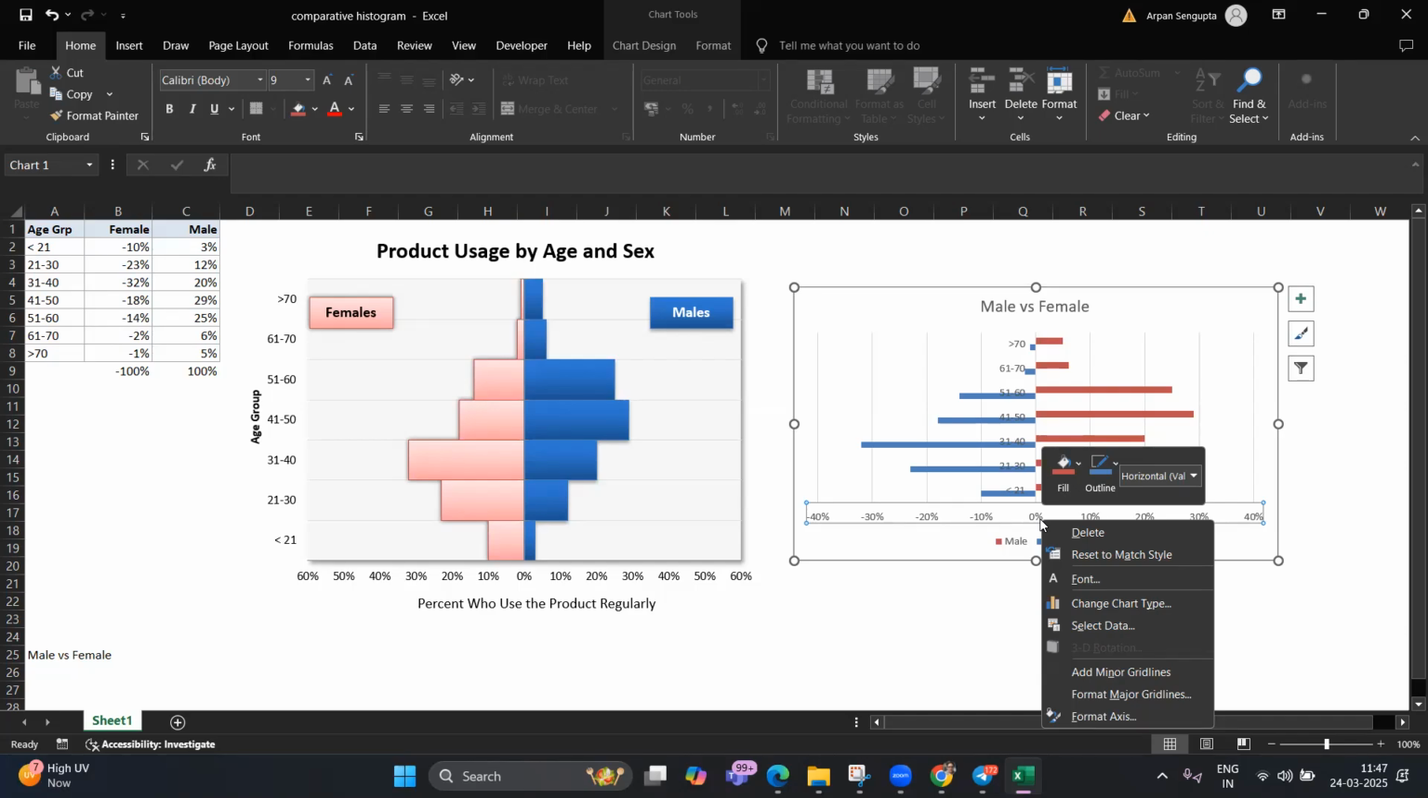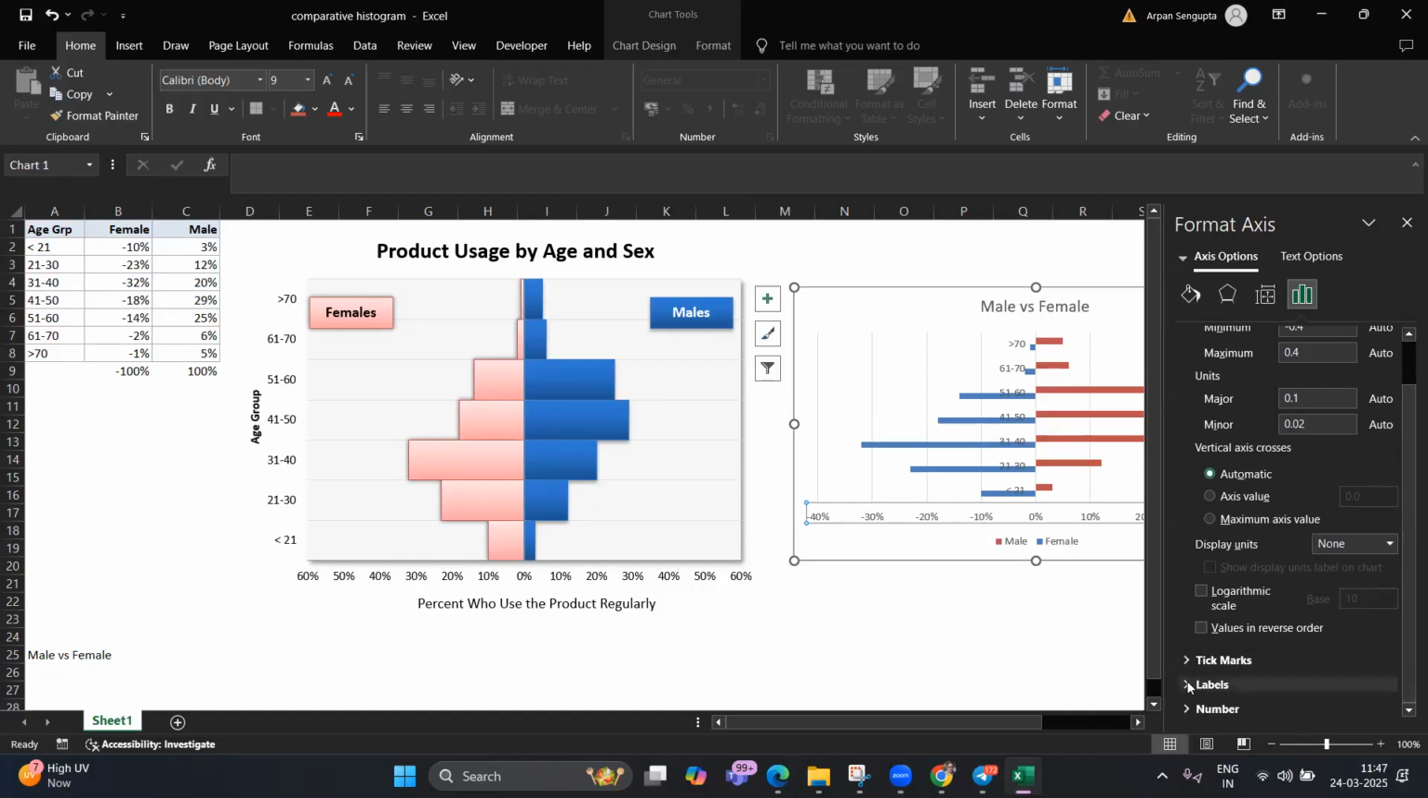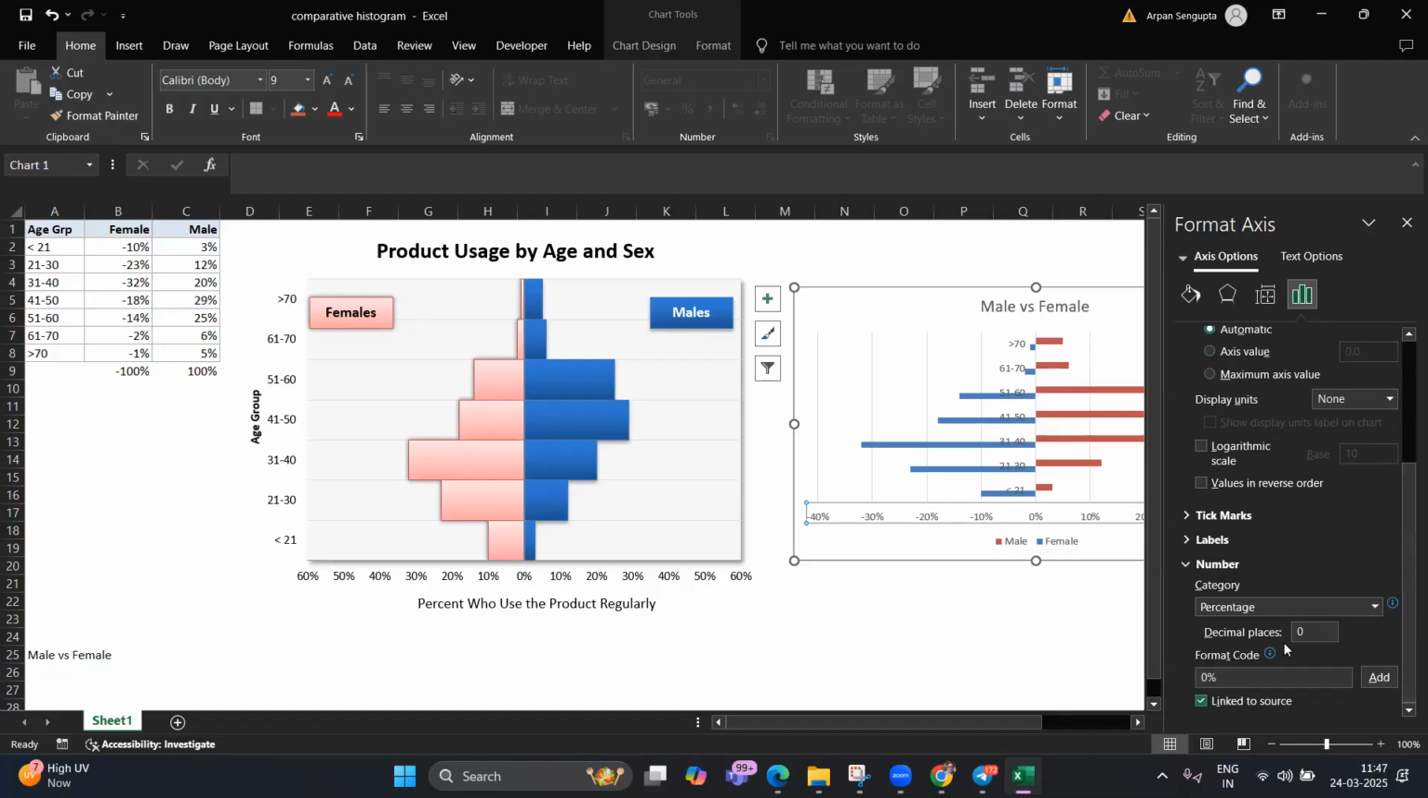So talking about format, I have selected the horizontal axis, right? And now I'm going to click on format axis, so that I can change this -40, -30, -20 into something positive. For that you need to go to the numbers, because numbers would show you this, right? And here you can see that the format code is written as